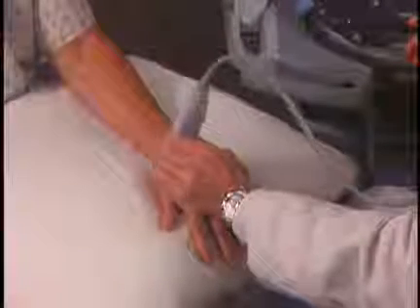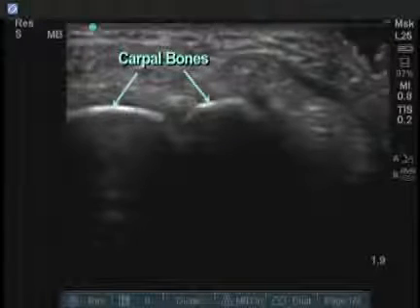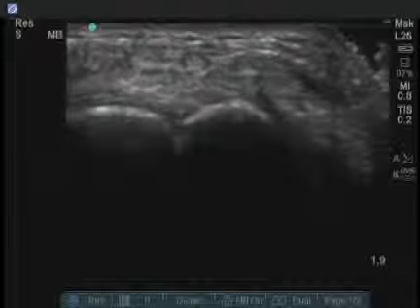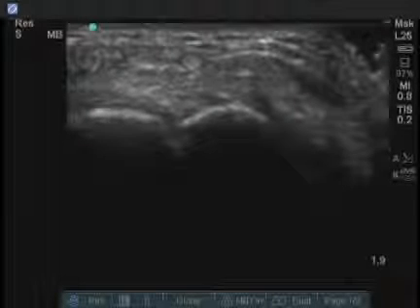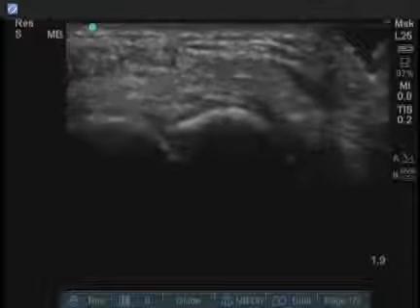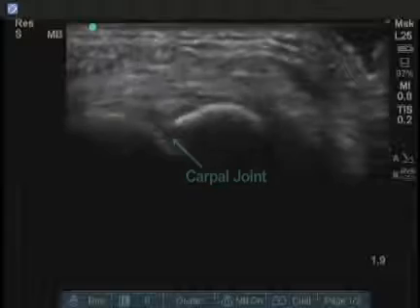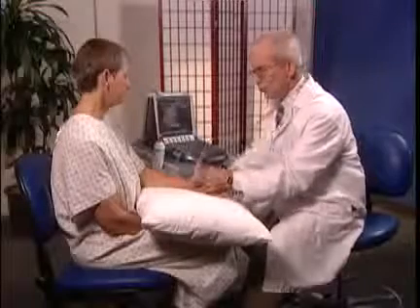If I come over here to a middle portion, we're looking at carpal bones here. With the presence of synovitis, we would have hypoechoic or anechoic fluid and thickening of synovium at these recesses, which are the joints. None of that is present here. We'll move over to the